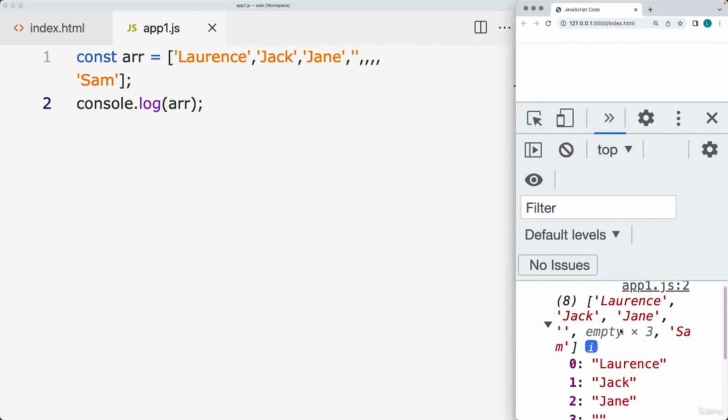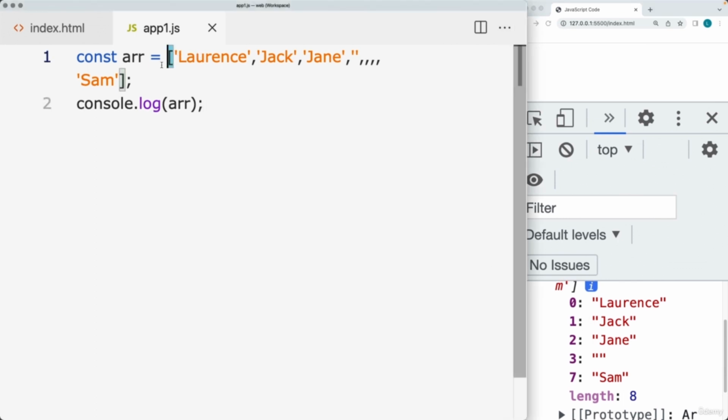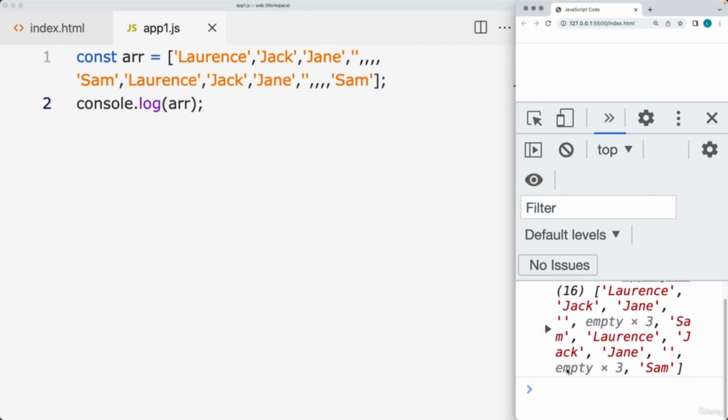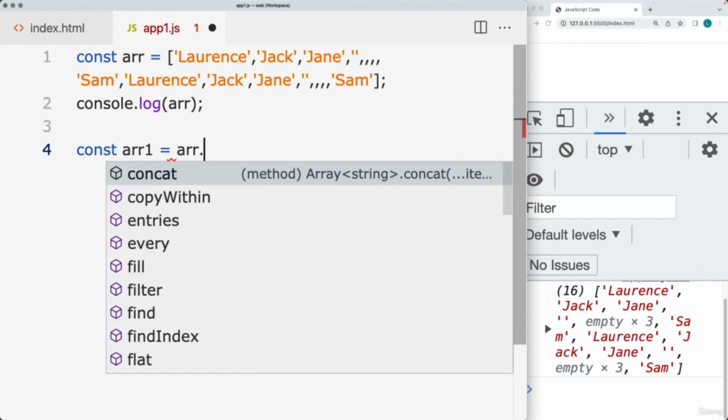So right now we've got an array, we've got a bunch of empty items, and what if we want to remove out the duplicates from the array? So adding in some duplicates into the array. So now we've got 16 items in the array, and we want to filter out removing out the duplicates from the array. So we can really easily do that by creating a brand new array from the existing array contents,